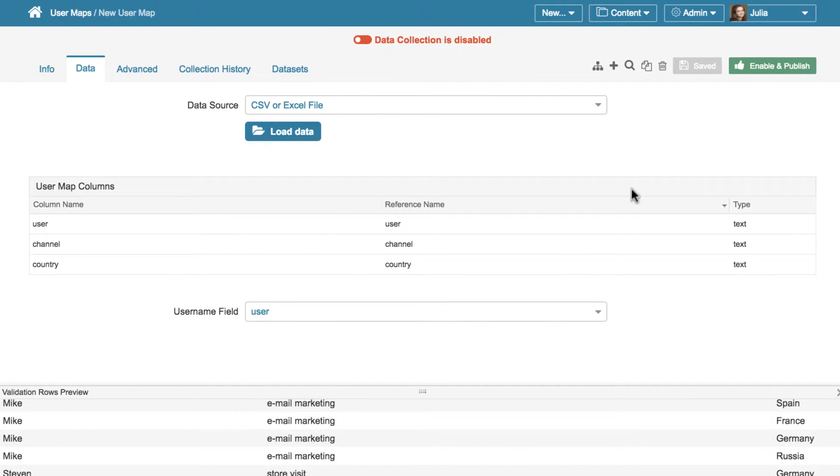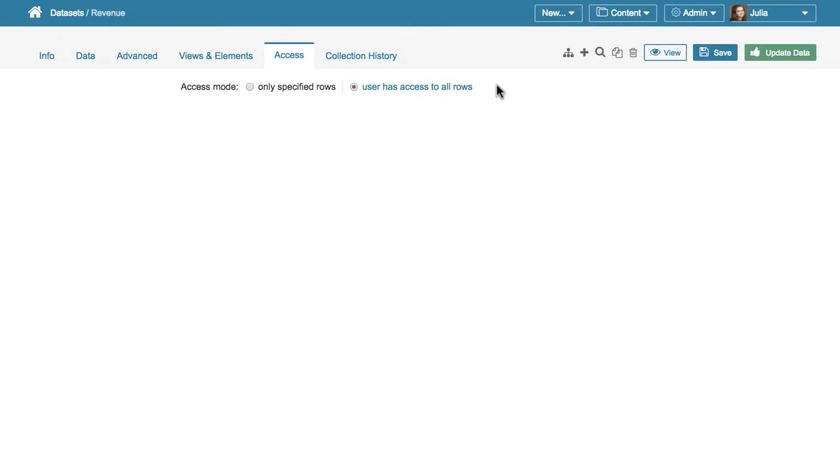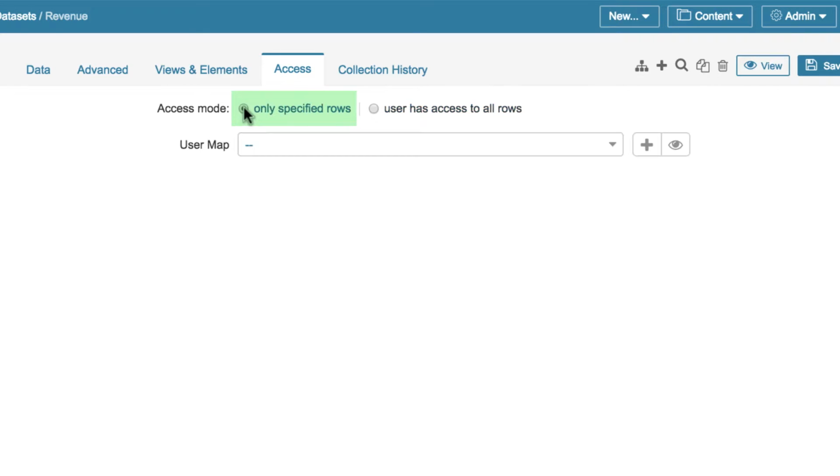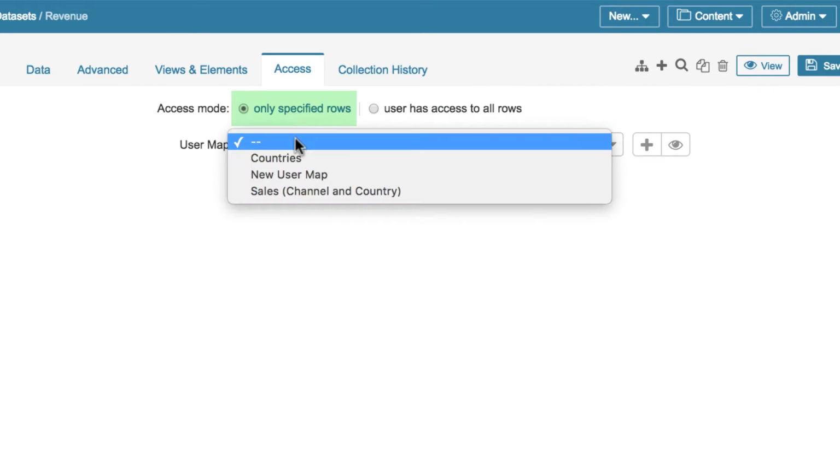Once our user map is ready, we go to the Dataset Editor, Access tab. Note that there are 2 access modes available. User has access to all rows. That means that the whole dataset is available to anyone who has permission to access it. And only specified rows. This option indicates we want to add a user map to define what information is made